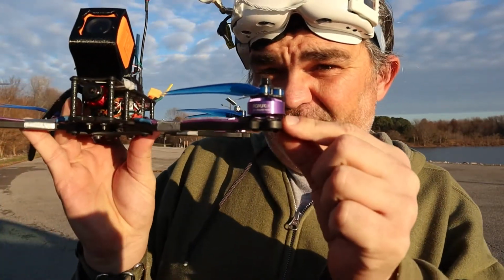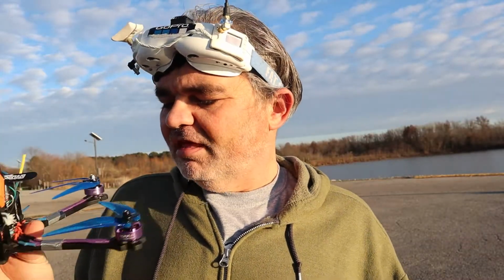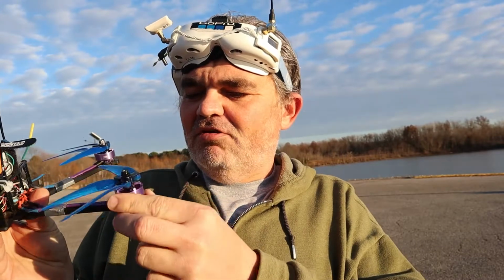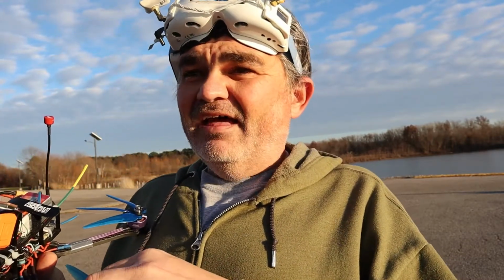So one thing, I did not have the motors soft mounted, so I soft mounted the motors. And this is the Source One from Race Day Quads, and it had soft mounts with it, so I soft mounted the motors. Two, I was using bi-blades, and I really hardly ever run bi-blades on my 5-inch quads, and